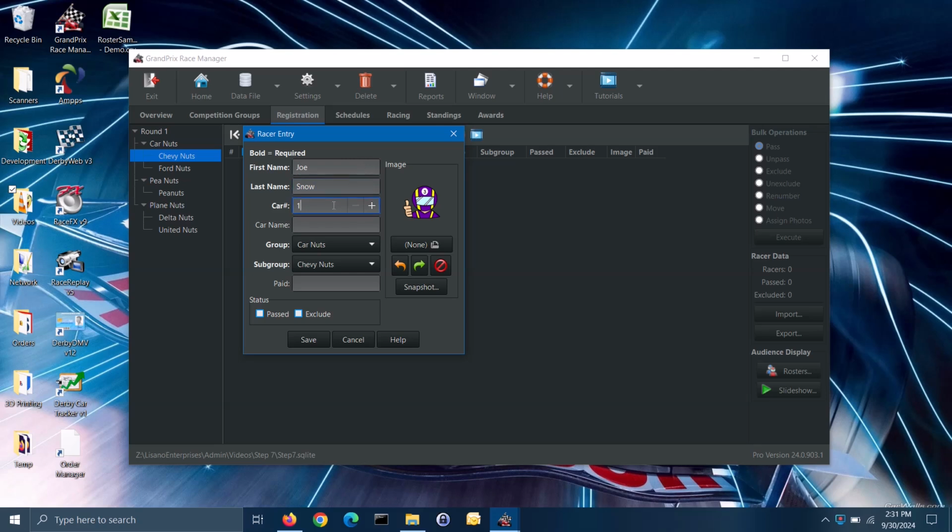Enter the vehicle number for the racer. Note, vehicle numbers must be just that, numbers. The vehicle numbers need to be a real number greater than 0. So, no letters or symbols or something like 007. Vehicle numbers must also be unique. So, no other racer in this data file can have that same number, even if they are in a different